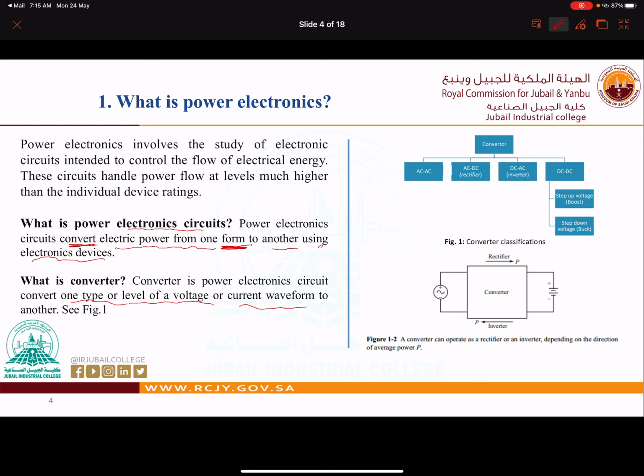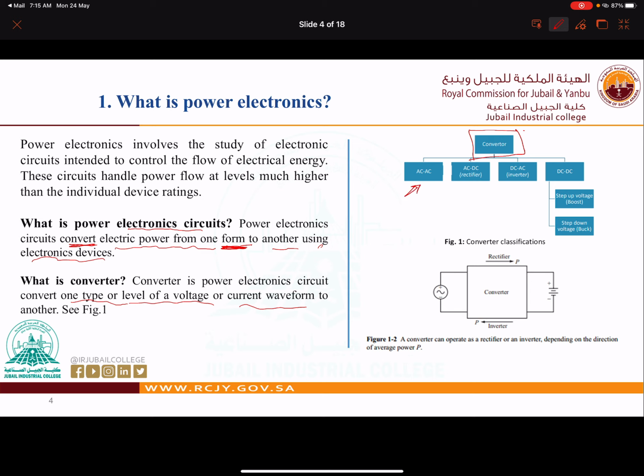As we said, you used to handle diodes with 5 volts and so on, and inshallah in this course we are going to handle 120 volts and 220 volts and so on, and much higher power rating and voltage rating. Now the converter is basically divided into 4 types: AC to AC converter, AC